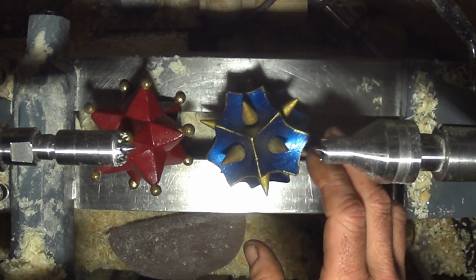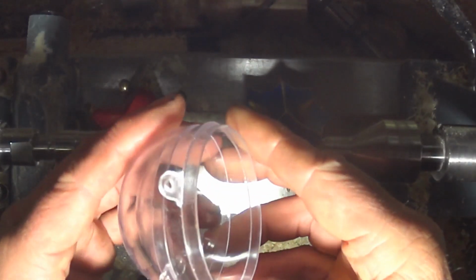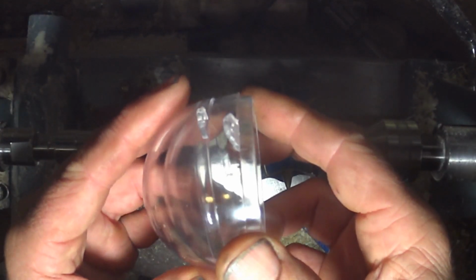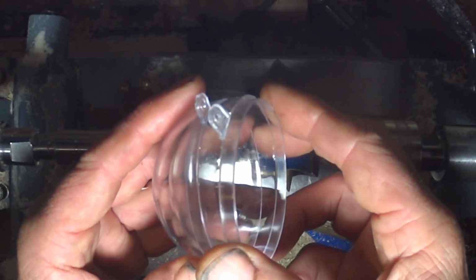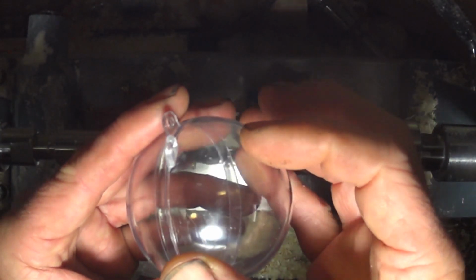Okay, what this project's about is all these weird shapes that I'll turn. I want a Christmas tree. I bought these bauble shells, acrylic shells from The Works, £2 for 6. And I want baubles